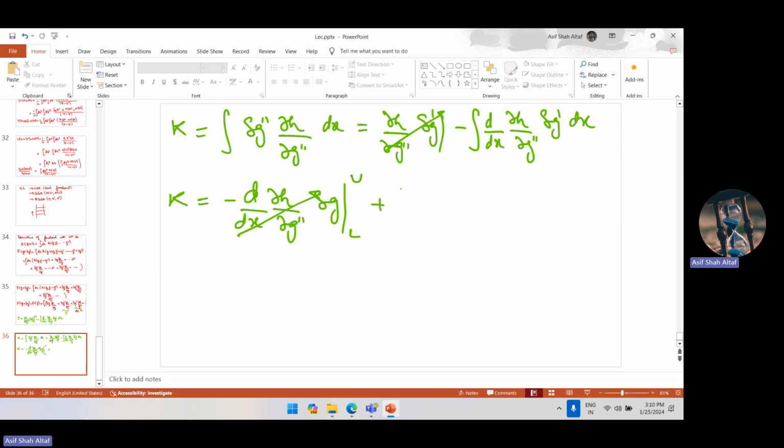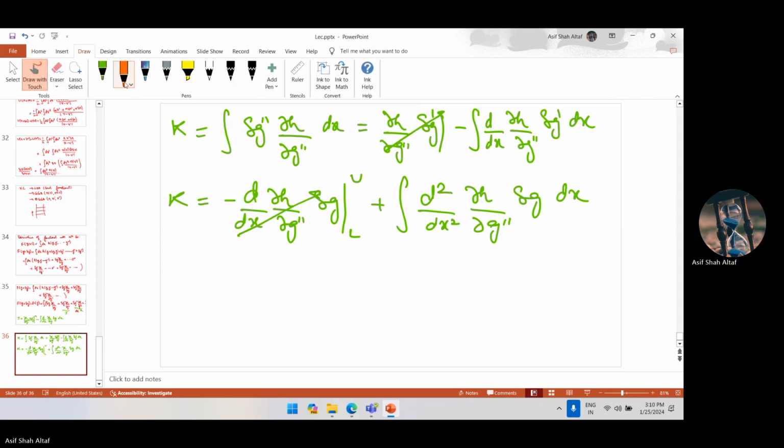There will be a double minus, which will give you delta g dx. Okay, now let's put all of them together into this term here, which will give us